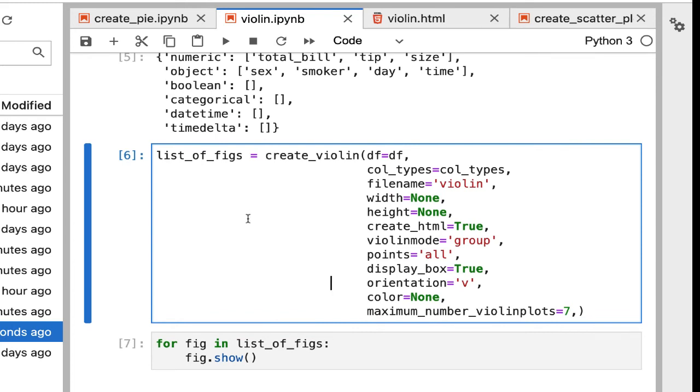But if you're just focused on the violin plots distribution, that's all you care about, then you can definitely use this function, create all these specs, and you should be good. So that's how you create all the violin plots using